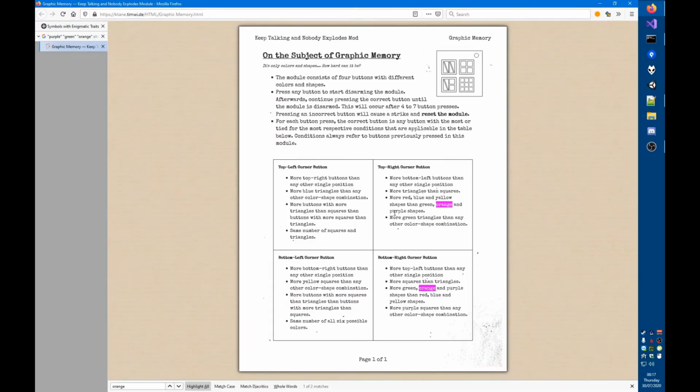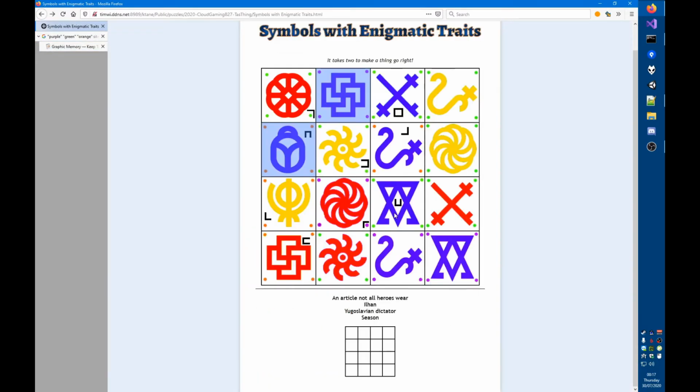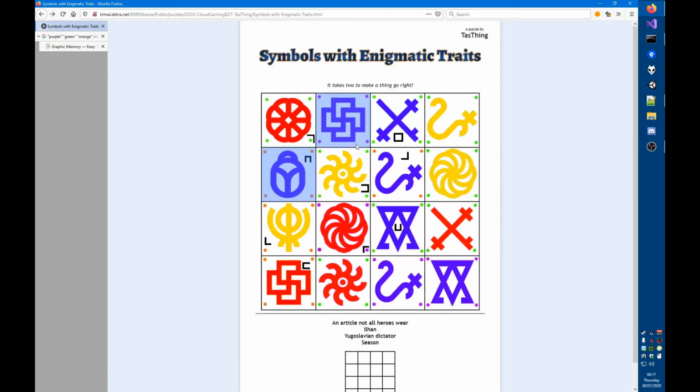So maybe graphic memory... It says it takes 2 to make a thing go right. Well, that doesn't seem to hint at graphic memory. Right,